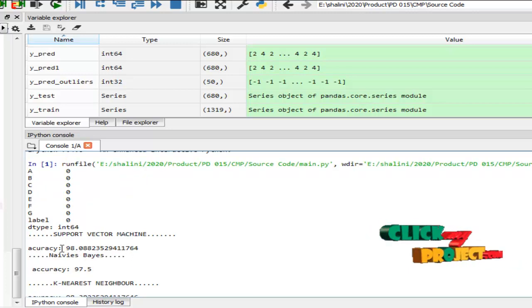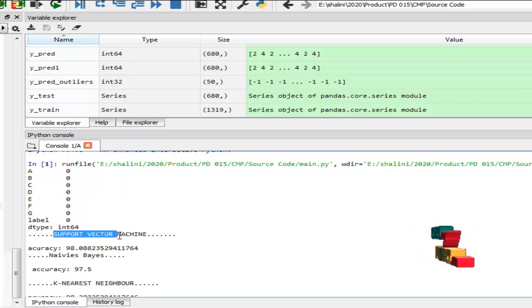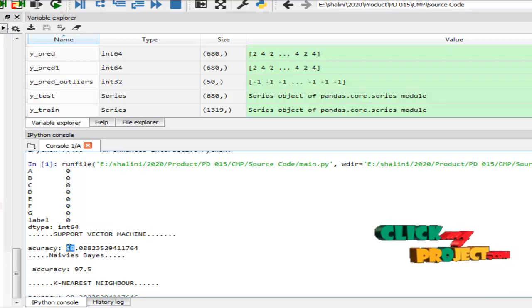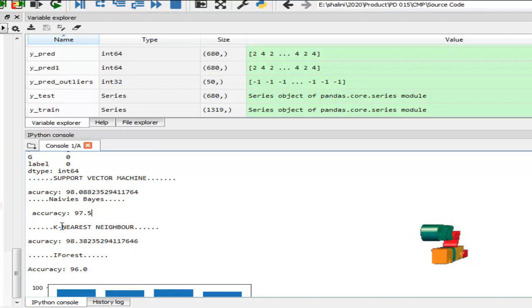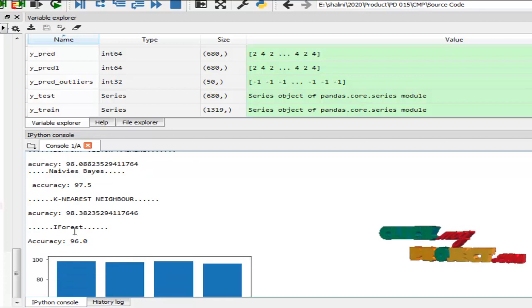First we implement the support vector machine, and the accuracy is like 98. After that we implement Naive Bayes, and the accuracy is displayed. Finally we use k-nearest neighbor, and the accuracy is also displayed. After that we use the unsupervised method iForest, and here also the accuracy